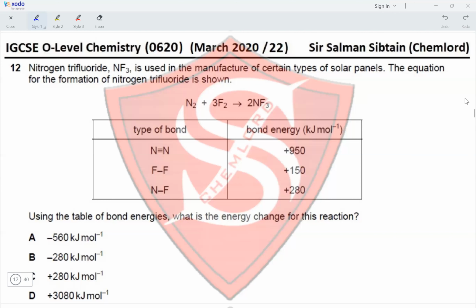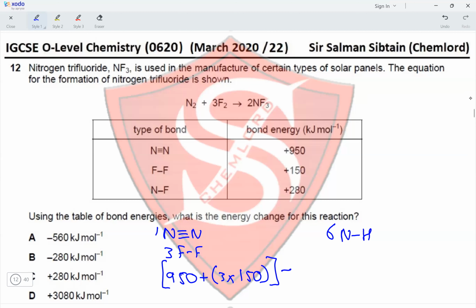So the bonds that are broken are a nitrogen-nitrogen triple bond, and three fluorine-fluorine single bonds. And the bonds being formed are six nitrogen-fluorine single bonds. So the energy required to break the bonds will be 950 plus 3 times 150. This would be the energy required, and the energy given off would be represented by a negative sign, and we have 6 moles of bonds being formed. So this would be 6 times 280. This is the calculation that needs to be performed,